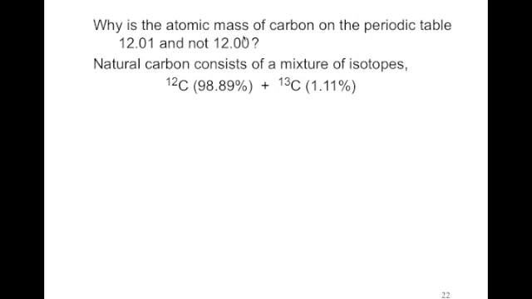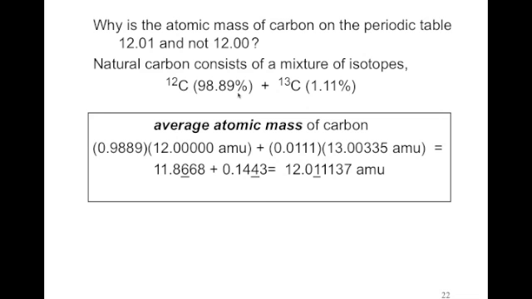If you picked out 100 different carbon atoms, roughly 99 times out of 100, you would pick out a carbon-12 isotope. Roughly 1 time out of 100, you pick out a carbon-13 isotope. These are the actual abundances. And so when you calculate the average atomic mass of carbon, we calculate what's called the mass-weighted average. So we write here the abundance of the carbon-12 isotope multiplied by its mass, which is exactly 12 atomic mass units,